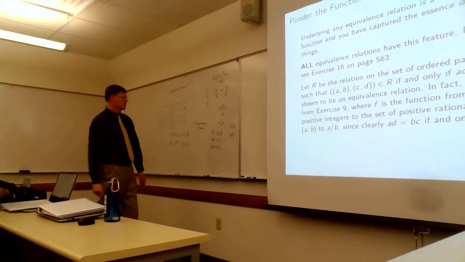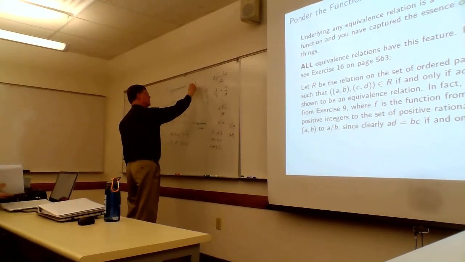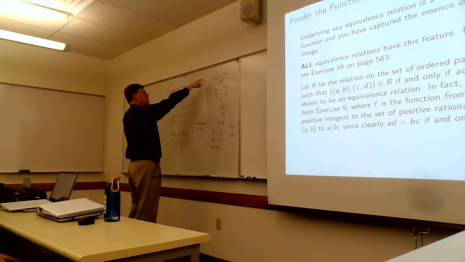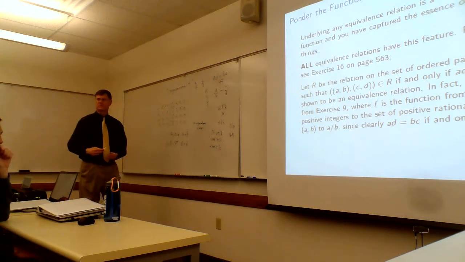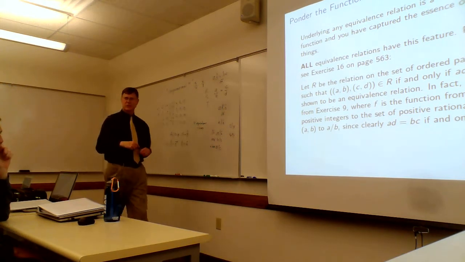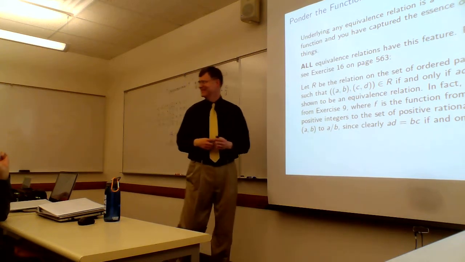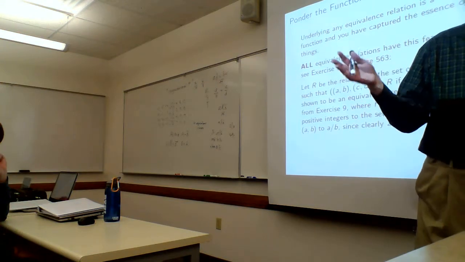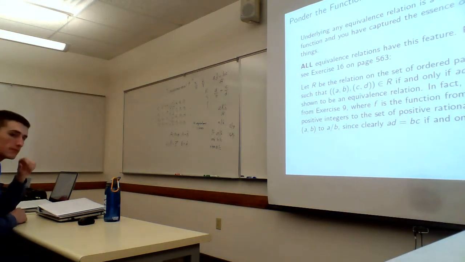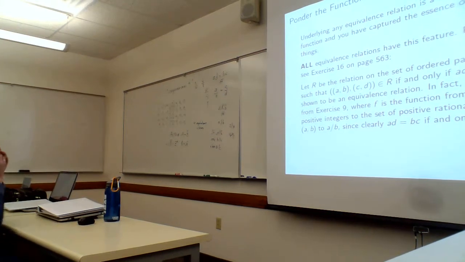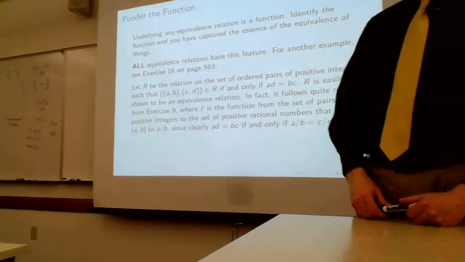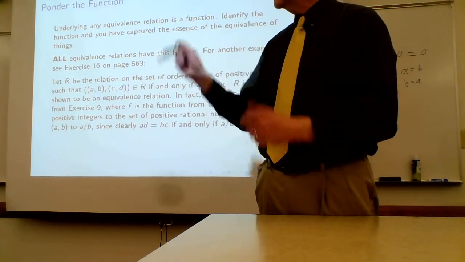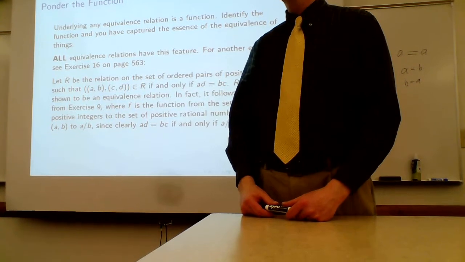Yep. Easy to see because 3/4 is equivalent to 6/8. 3 times 8 is 24, 4 times 6 is 24. So is this how you were taught fractions? You were taught how fractions work and what fractions are equivalent? You don't remember talking about equivalence relations? I don't remember multiplying diagonals. Well, actually, I do. Solving proportions. Yeah. So it's a way to identify identical or equivalent fractions.